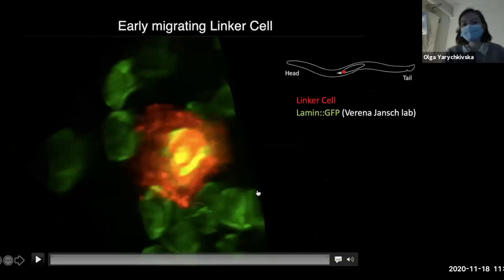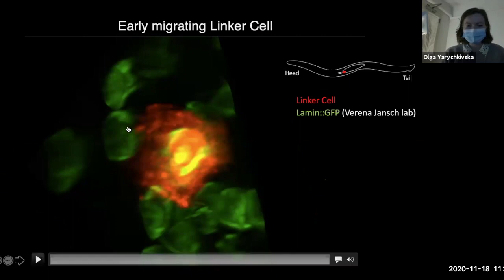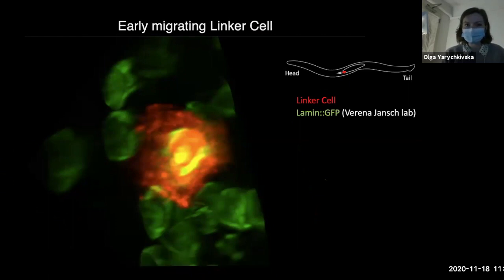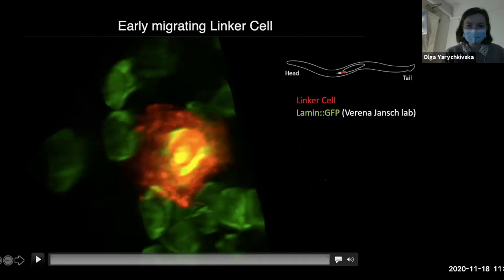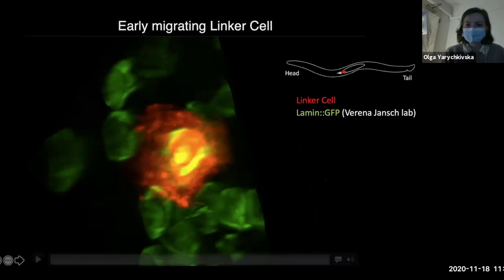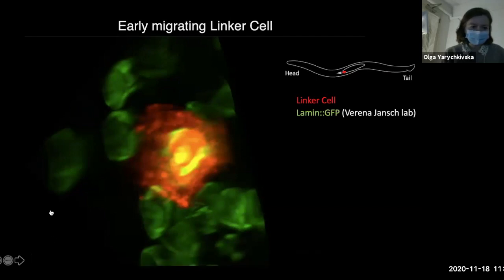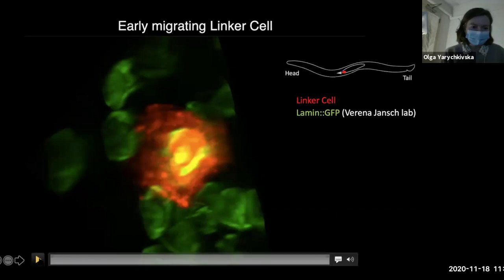Okay, so essentially this is from this light field microscope. And this allows me to look at the cells in 3D. And I make these short videos. So what you have here is the animal in which the linker cell is migrating. It's marked in red, as we have just seen. And all of the nuclei and other cells are marked in green. So when I play this video,